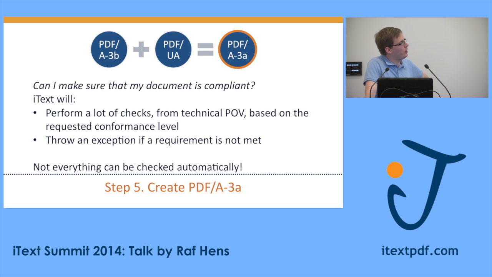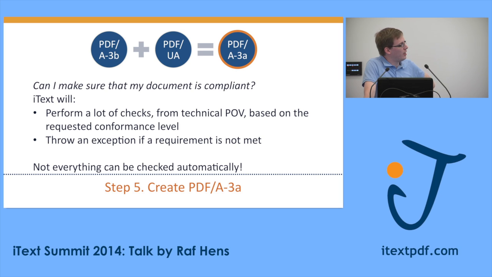And whenever we find something that is not according to the specification in terms of requirements or restrictions, we will throw an exception so that you will not be creating, in an automated way in batch processing, files that are not according to spec without you knowing. So you don't run into the risk of creating files for your archive years and years on end, and then finding out afterwards that what you were creating was not actually an